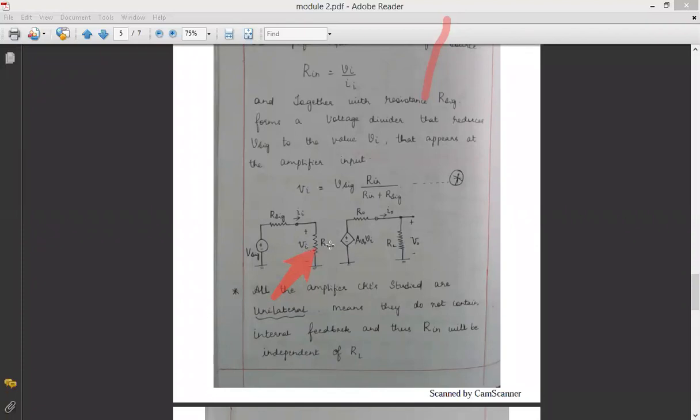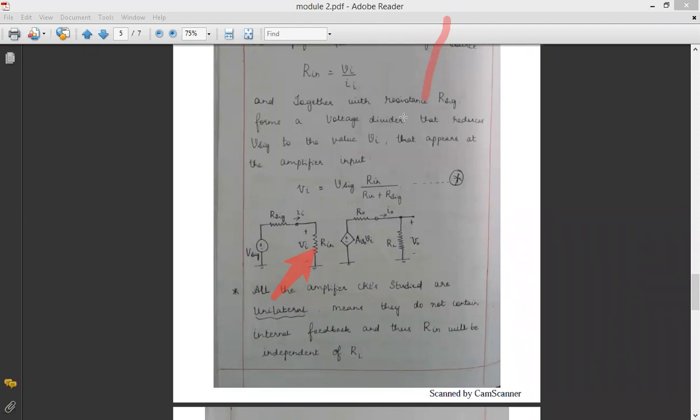One more important point: this avoids the loading effect. Very, very important. Why does it avoid the loading effect? Because the input impedance Rin is very, very high. Here in this equation, Rin is very, very high compared to R signal. So I can neglect R signal, and cancel Rin and Rin. Vi will be equal to V signal. If I give 5 volts here, I will get 5 volts here. If I give 3 volts, approximately 2.9 to 3 volts I will obtain. That is why this Rin is known as the resistor which avoids the loading effect.